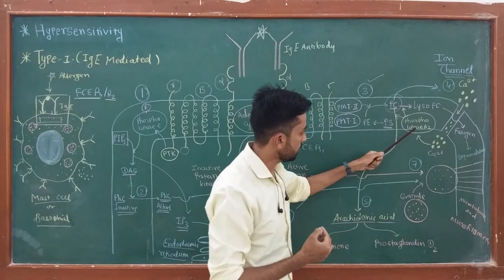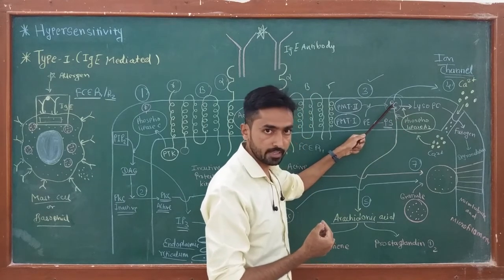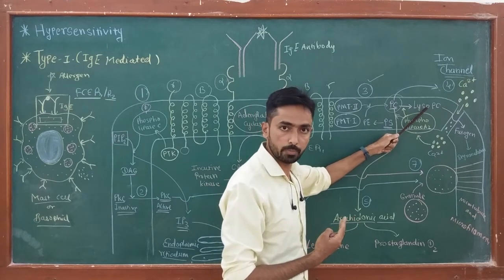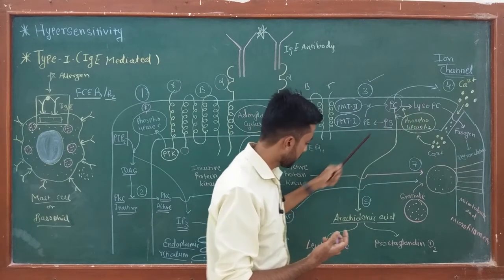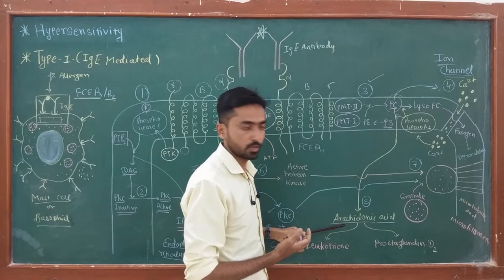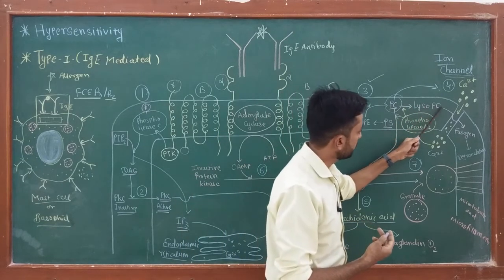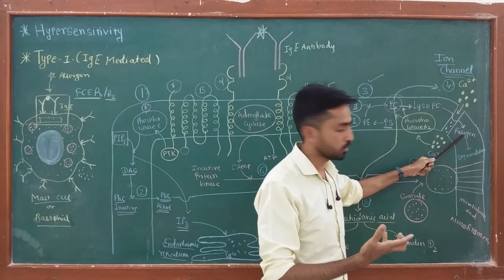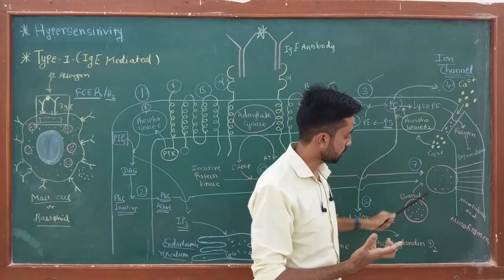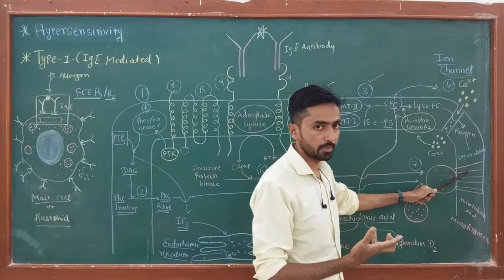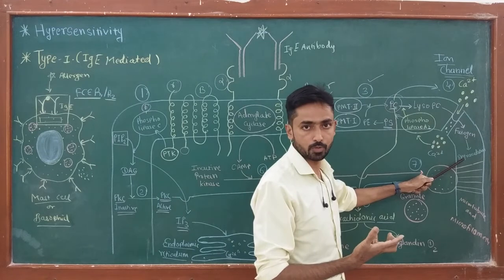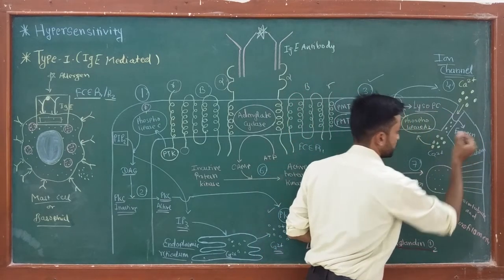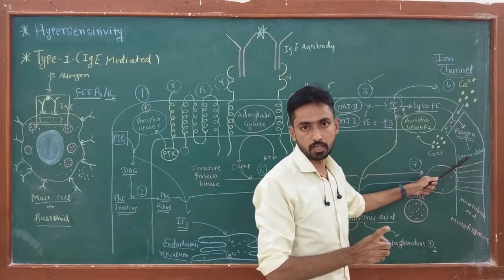Okay, that means when phospholipase A2 acts on the PC, the reaction produces two different types of products: lyso-PC, that is lysophosphatidylcholine, and arachidonic acid. This lysophosphatidylcholine is going to convert into fusogen, the molecule responsible for fusion of the granules into the plasma membrane and degranulation. So the ultimate result of this reaction is formation of fusogen, which will help in degranulation.